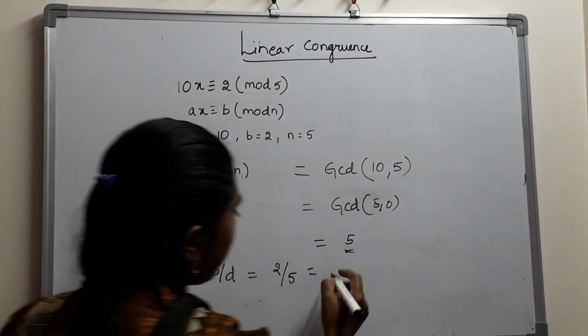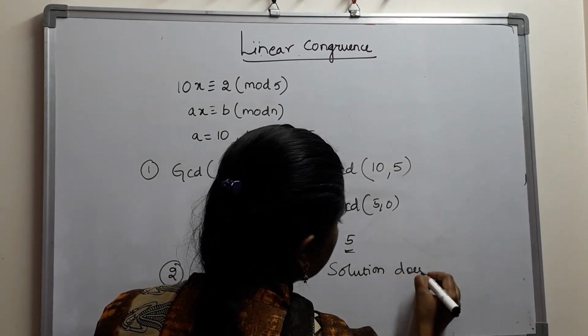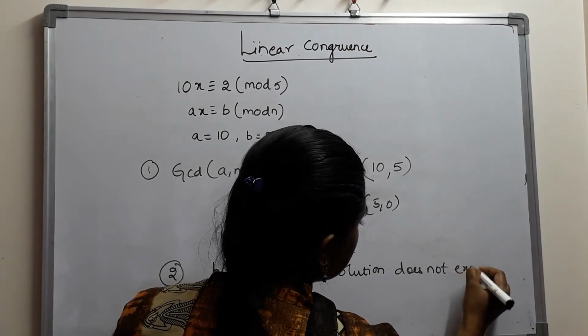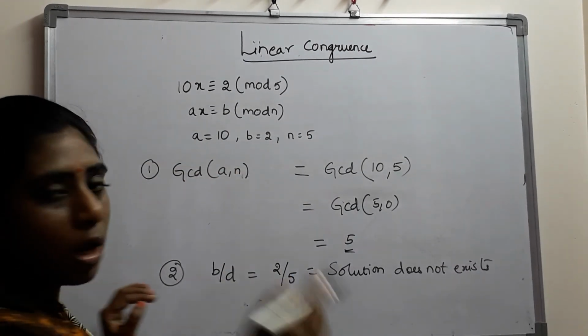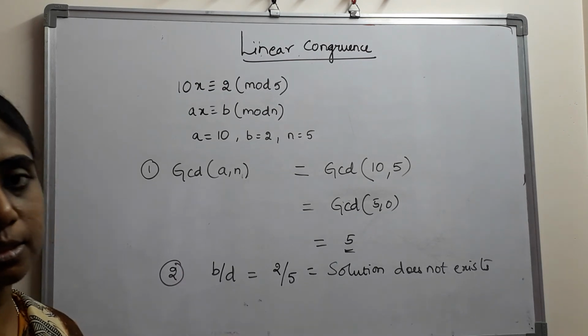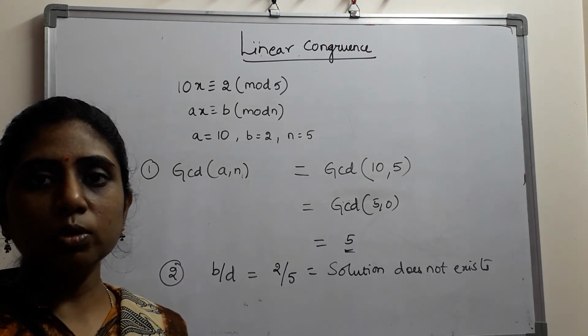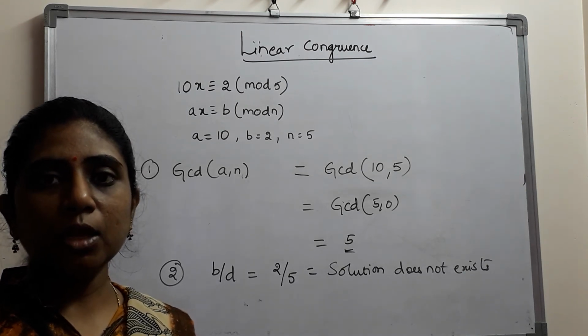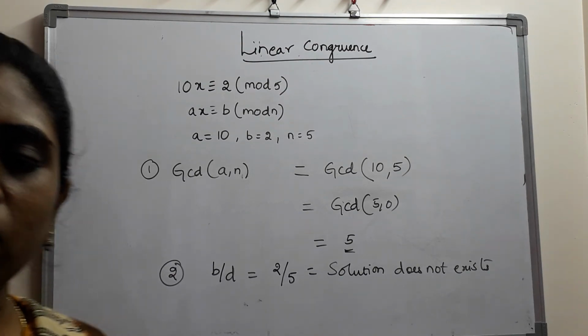So the solution does not exist. Since the solution does not exist, all the other steps do not apply. So let us see the second problem. The second problem that we can take over here is